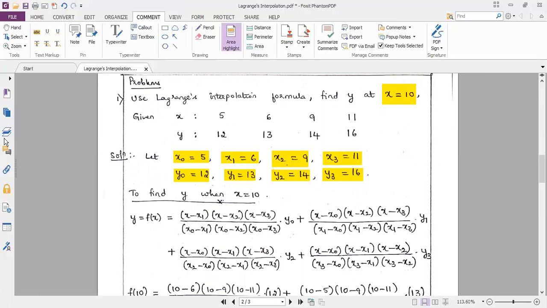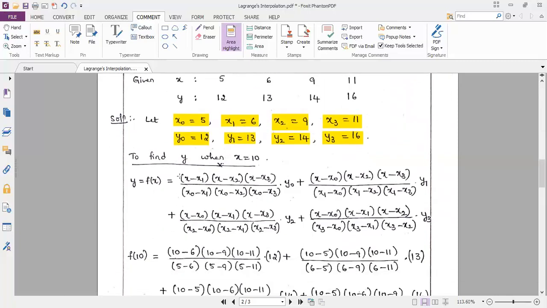We write down the Lagrange interpolation formula for 4 sets of data. So we have 4 sets of data. So the multiplier in the numerator becomes x minus x1, x minus x2, x minus x3, the whole divided by x0 minus x1, x0 minus x2, x0 minus x3 into y0. Similarly, in the second term, x minus x0, x minus x2, x minus x3, x1 was skipped in the second term. So each of the denominator terms should be subtracted from x1. So x1 minus x0, x1 minus x2, x1 minus x3, the whole thing into y1. Similarly, the next 2 terms of the formula are written.